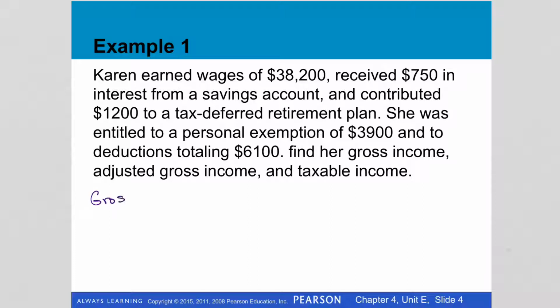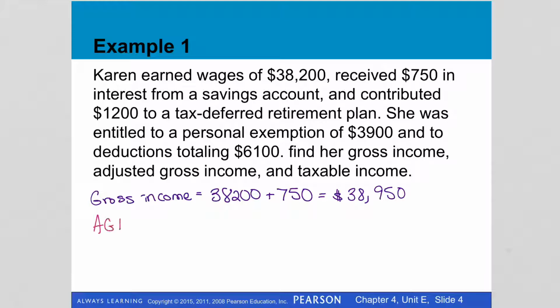So her gross income is the $38,200, and the interest she received in the savings account counts as income. So that ends up with $38,950. The adjusted gross income is that $38,950,